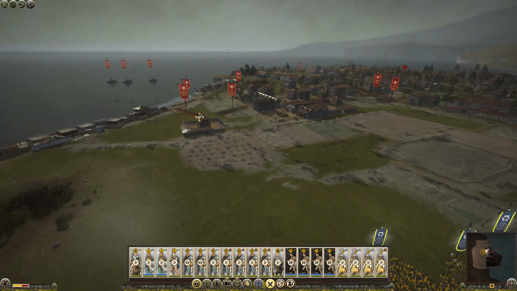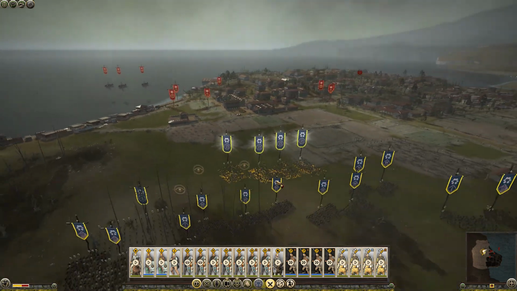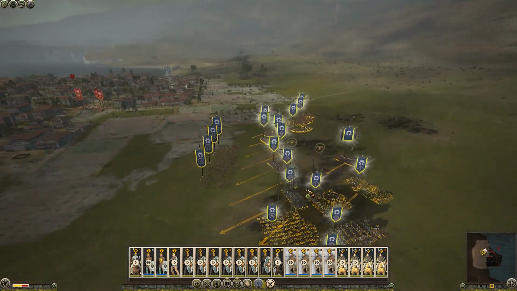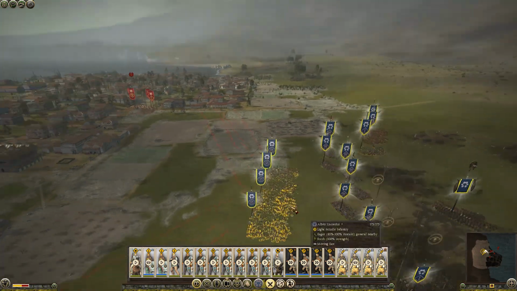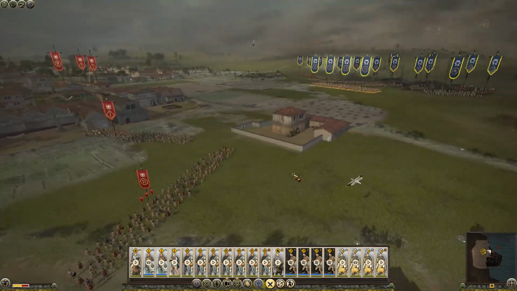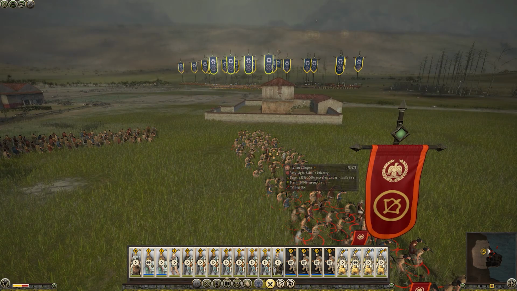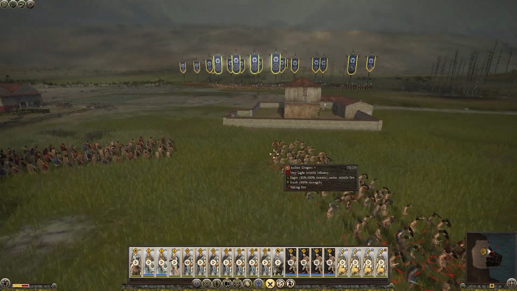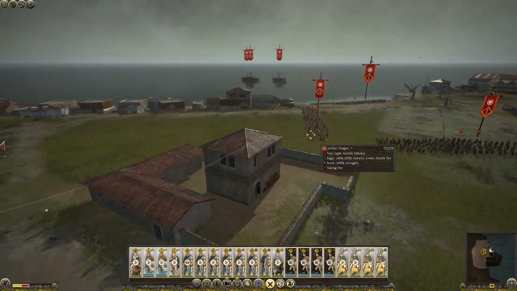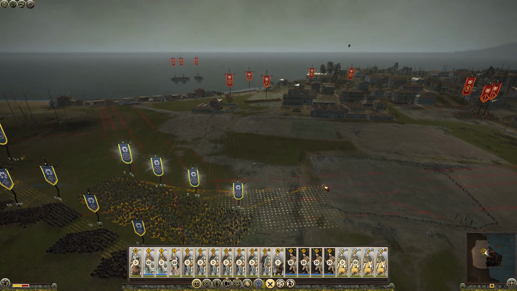So let's get the slingers forward and start eliminating the enemy missile units. Alright, our guys are in position. They can go ahead and open fire. It's not a great angle because of this little building here, but I think it'll be alright. Yeah, actually that's quite a few of our sling stones getting stopped on that building, so let's just reposition our